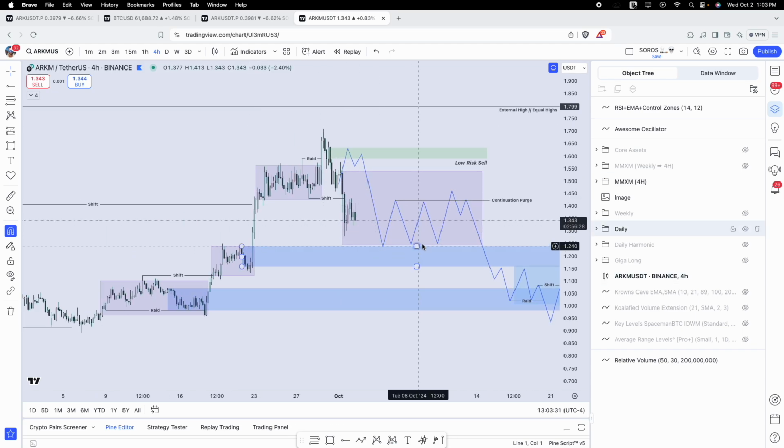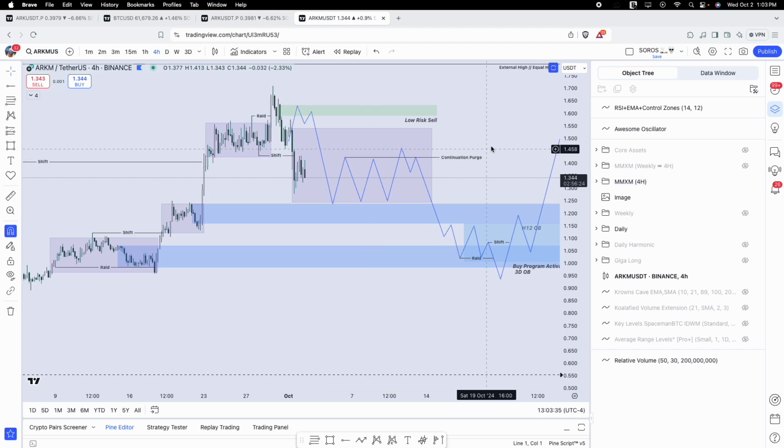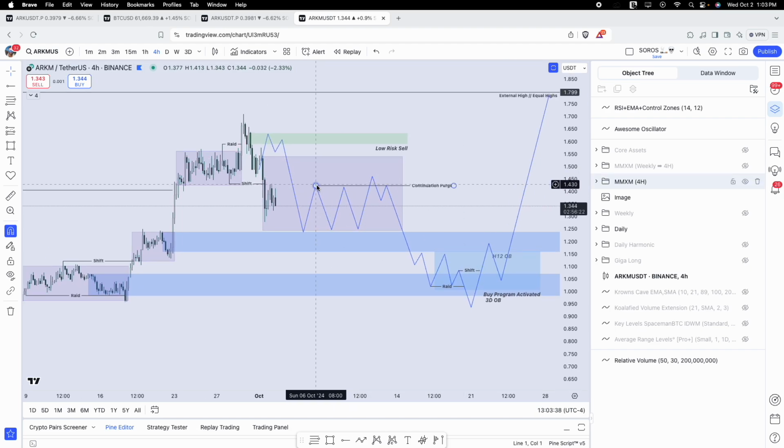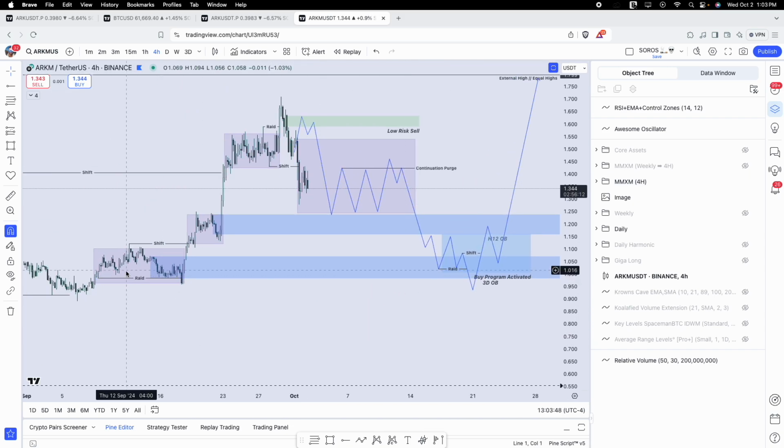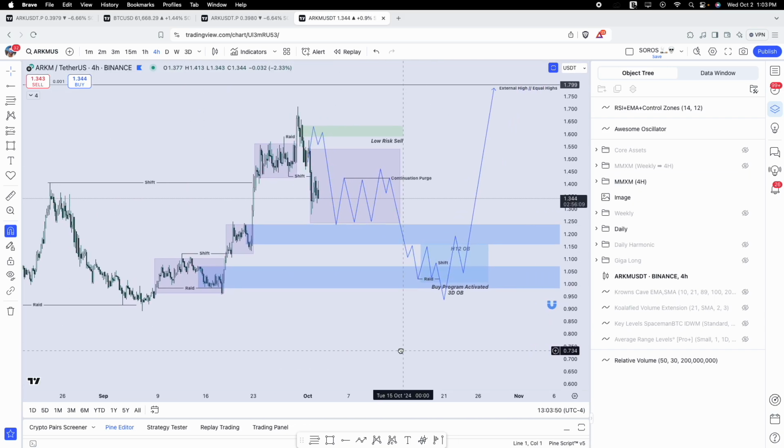And I would expect this to become a consolidative range where I'm looking for this specific pattern to play out. Some equal highs, equal lows, basically a consolidation range forms, and then a purge, and then drop into the final area of interest down here, the original consolidation.